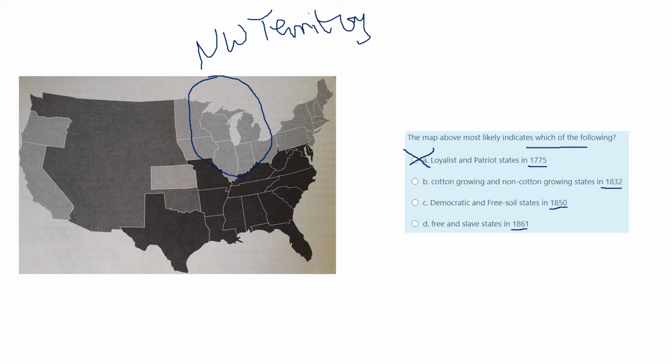Next, look at this one here. This is Oklahoma. This is Texas. And above Texas, we got two new states that were made, and these were Kansas and Nebraska. And Kansas and Nebraska came after the law of 1854, the Kansas-Nebraska Act, which said all the citizens that lived in Kansas and Nebraska would be allowed to vote on the issue of slavery. So, because of that, we're going to be looking for an answer that is later in the 19th century.